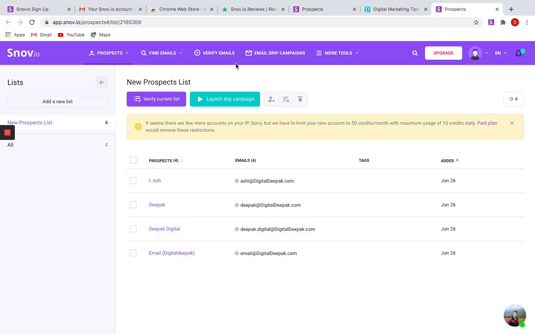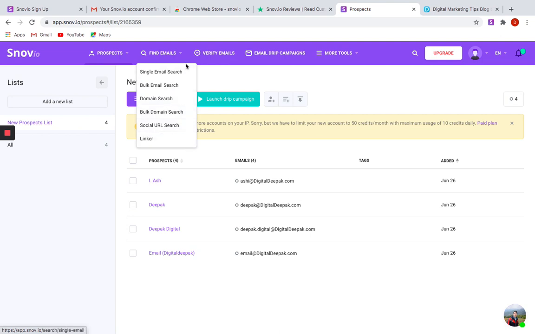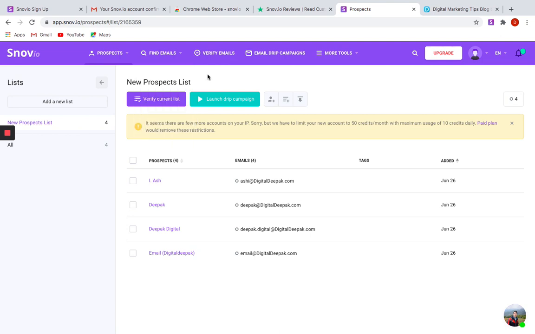Now next, there are multiple ways through which we can find emails. So let's see next why there is a need to verify emails. When we verify emails, it will clean all old or invalid emails so that our email will reach only verified emails. And if we send mail to an unverified email list, it will lead to a high bounce rate, and because of this our account can be blocked by ESPs.